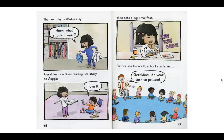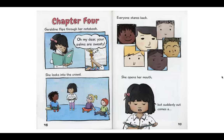The next day is Wednesday. What should I wear? Geraldine practices reading her story to Augie. I love it. Then eats a big breakfast, scarf, scarf, gobble. Before she knows it, school starts and Geraldine, it's your turn to present. Chapter 4. Geraldine flips through her notebook. Oh, my dear, your palms are sweaty. She looks into the crowd. Everyone stares back. She opens her mouth, but suddenly out comes a